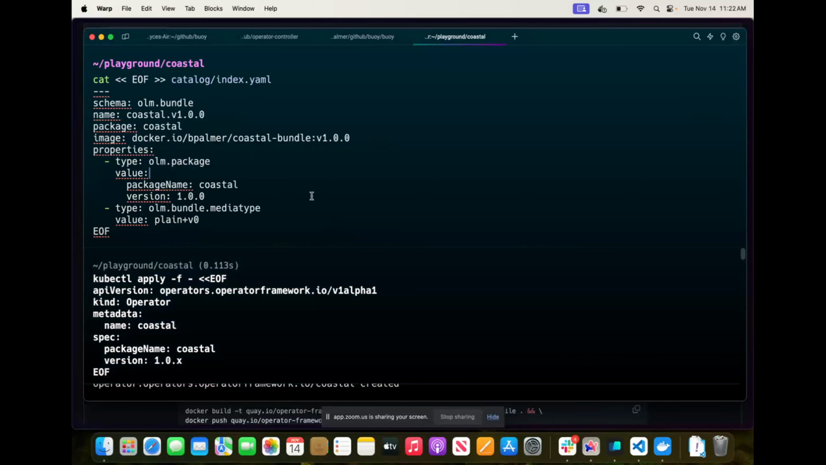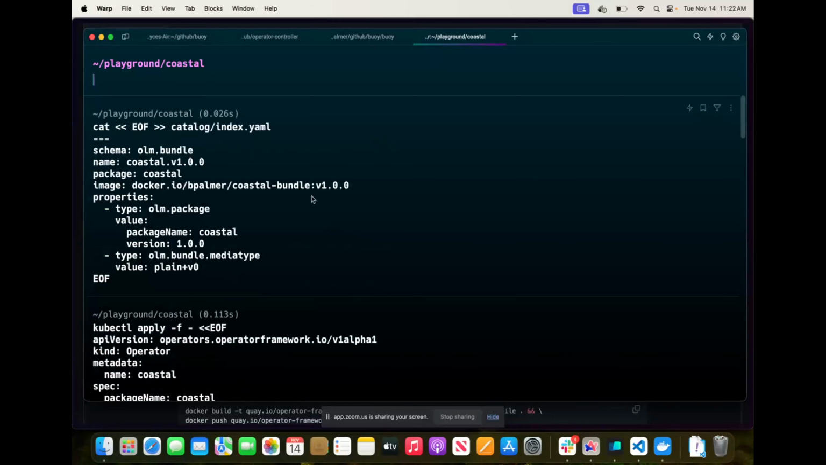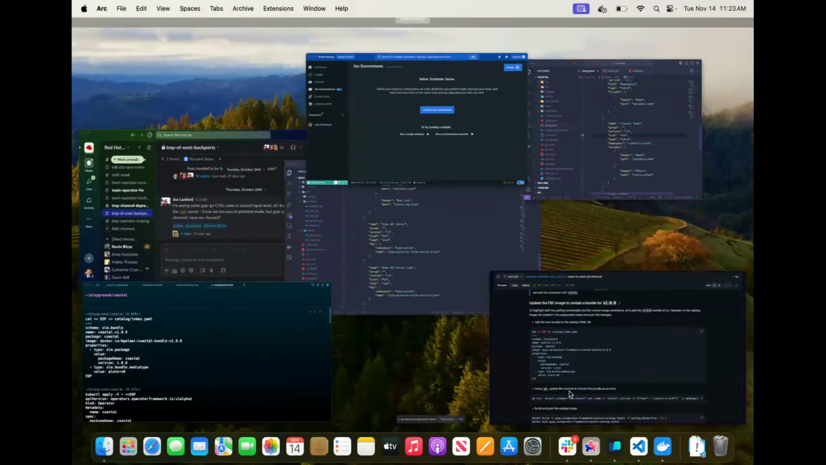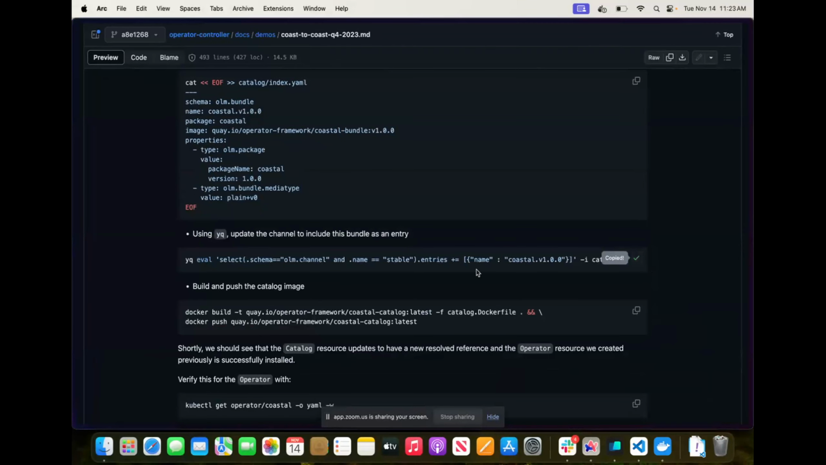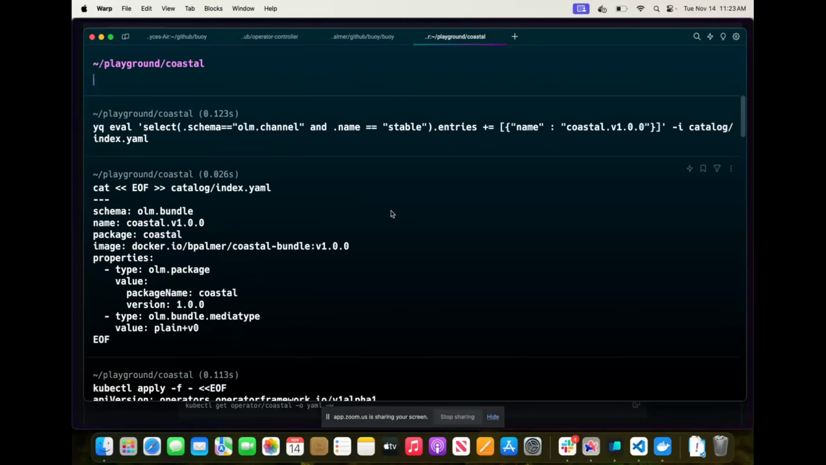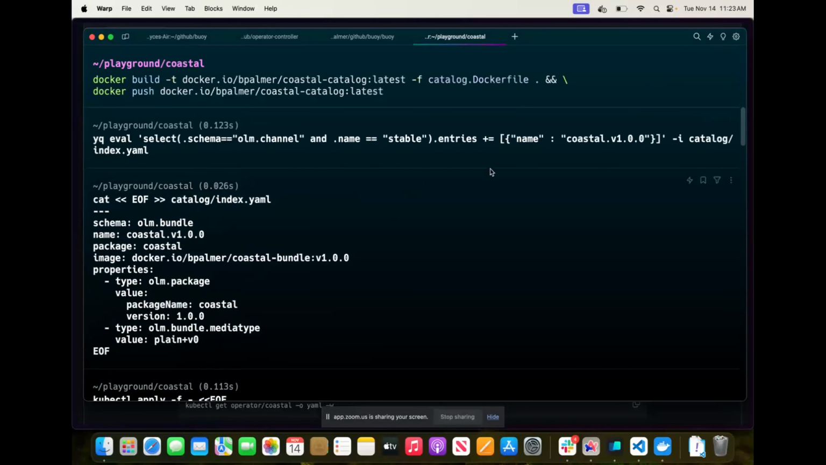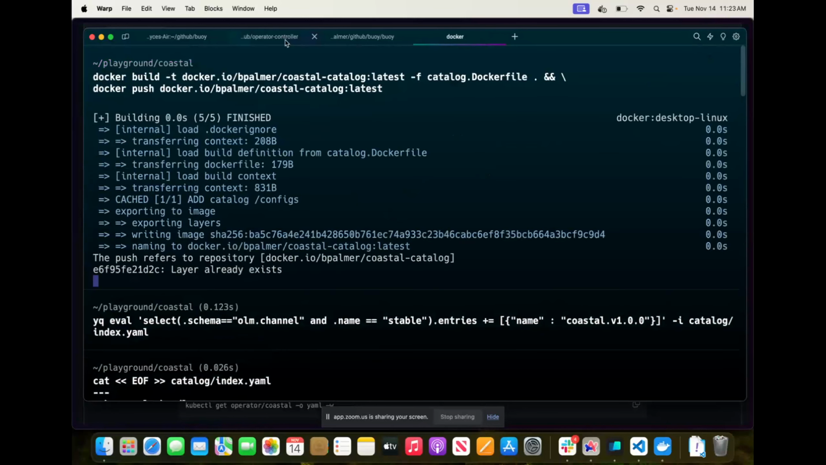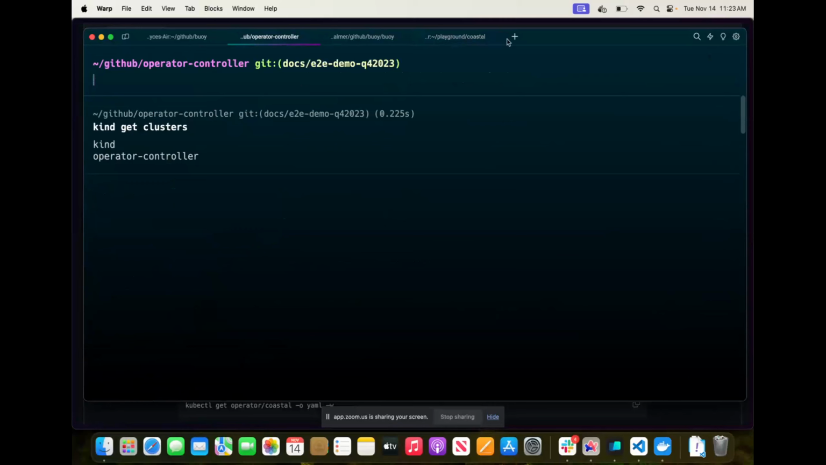And we'll update the bundles in the catalog, and then we can update the channel. And so this will add the v100 to the stable channel. Then we can do a Docker build push to latest, and we should eventually see